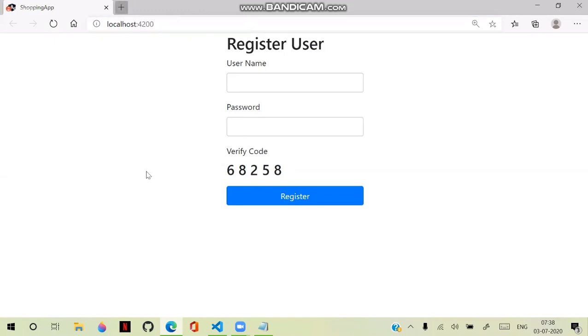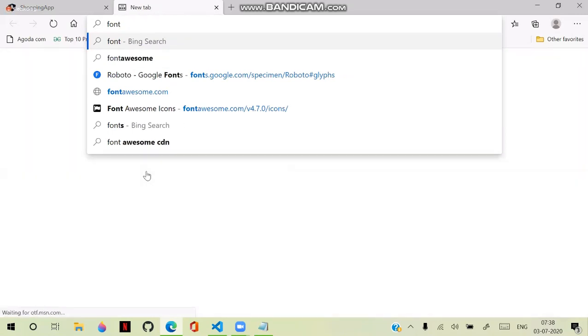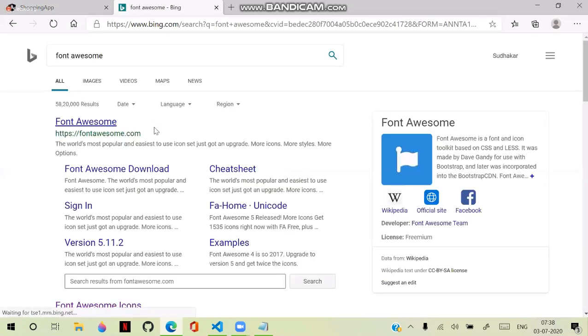Actually, suppose we have font awesome, right? So this is the font awesome library. And in this font awesome library, so we have